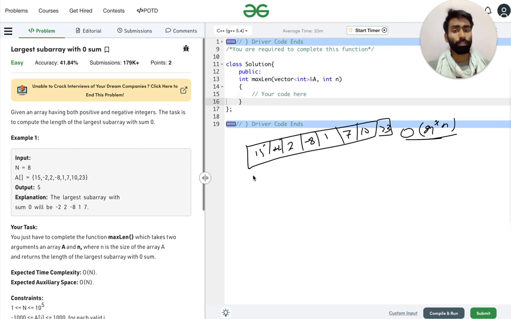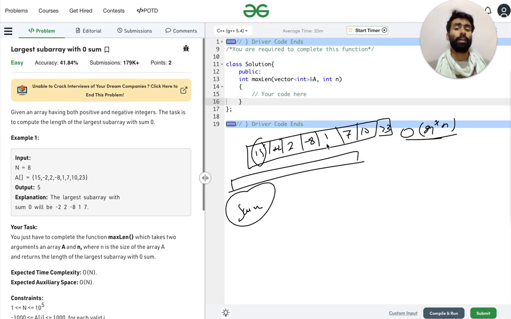We can have a hypothesis here, or we can say a theorem, that if a sum is obtained in this array, and that sum is repeated at some index, then the subarray from the index after where we first got that sum, up to the index where we again get the same sum, has sum 0.